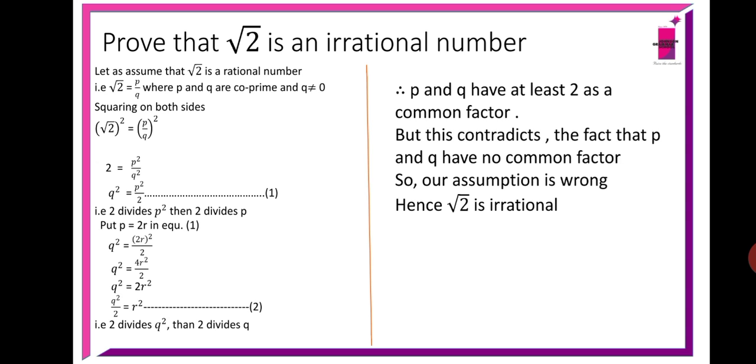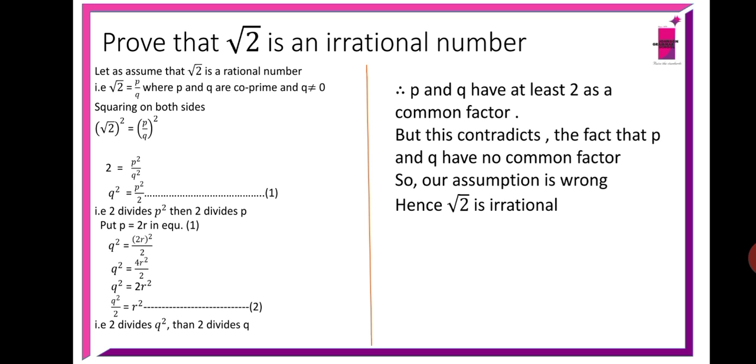Based on the fundamental theorem of arithmetic, we are going to prove root 2 is an irrational number. This is also a theorem. When proving root 2 is irrational, we take it by contradiction, taking a different assumption. So let us assume that root 2 is a rational number. What is the definition of a rational number? A rational number is of the form P by Q, where P and Q are integers and co-primes. What is meant by co-prime? It does not have a common factor.